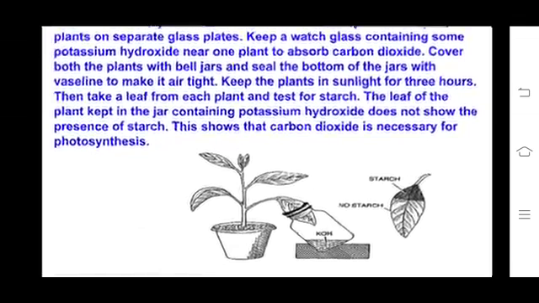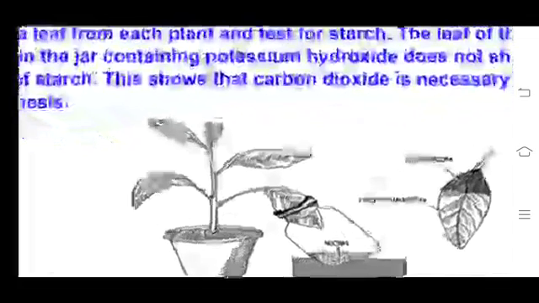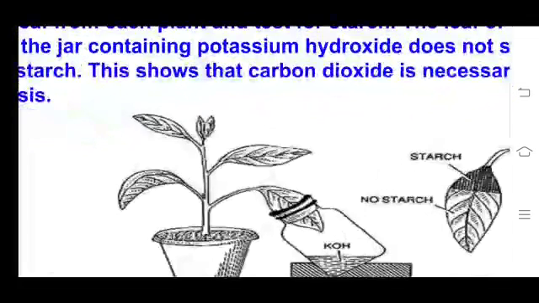And in KOH, why is KOH taken? To absorb all the carbon dioxide that is present in the jar. जार में जितना कार्बन डाइऑक्साइड है वो KOH एब्जॉर्ब करके केमिकल रिएक्शन होता है, और जार में बिल्कुल कार्बन डाइऑक्साइड नहीं है अभी. बाहर का जो पोर्शन है, यहाँ कार्बन डाइऑक्साइड मिलता है, लेकिन अंदर का जो लीफ पार्ट है उसको कार्बन डाइऑक्साइड नहीं मिलता है. Did you understand that point?